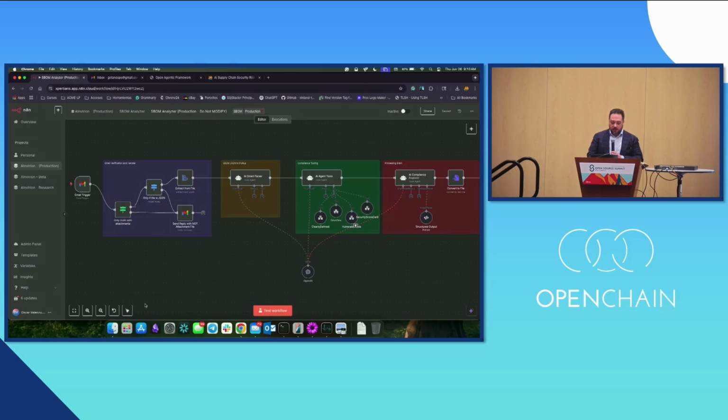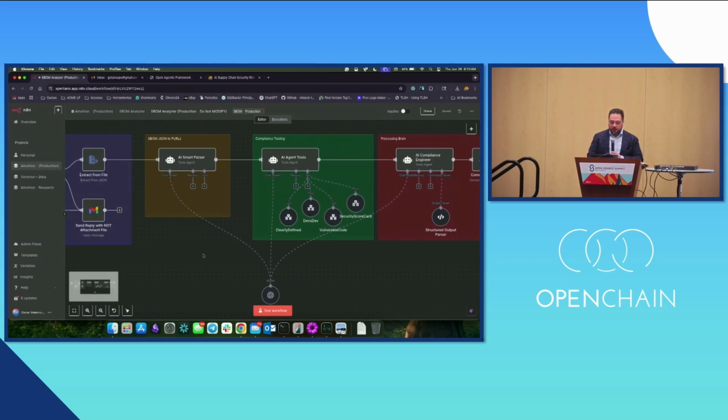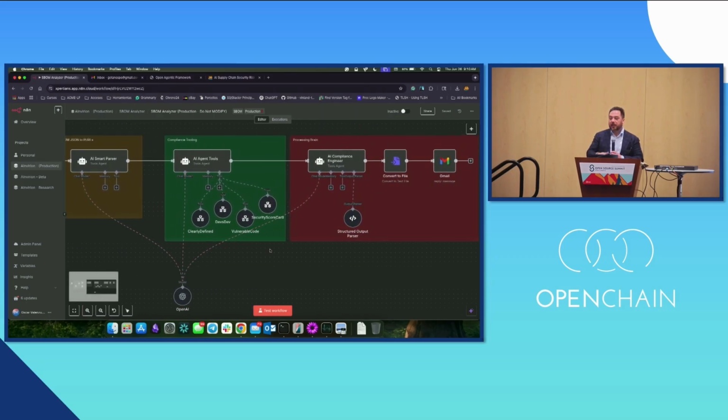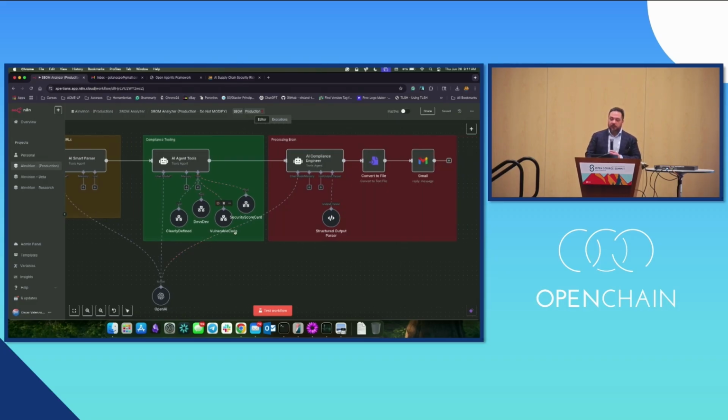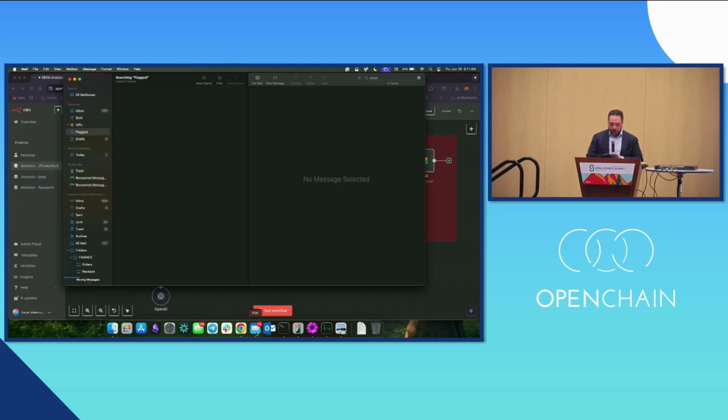Then it's going to go into my tooling agent, who is going to connect to a bunch of places. I can incorporate new tooling just in here. And then the information is going to be collected. Once ready, it's going to be passed to the other agent, who is going to do the assessment. It's going to create my notices, and it's going to reply back. Okay? Let's see if it works.